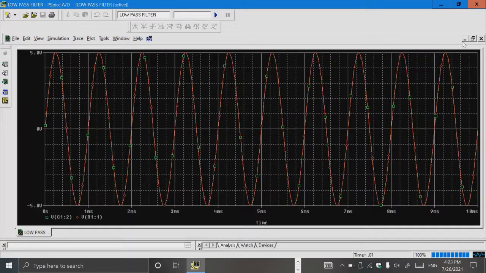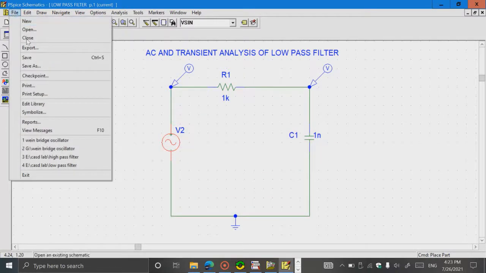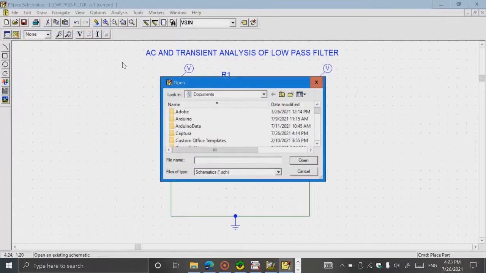Okay, then now we will move to the high pass filter. So I have a high pass filter, I already made that one. I just opened that file, high pass filter.